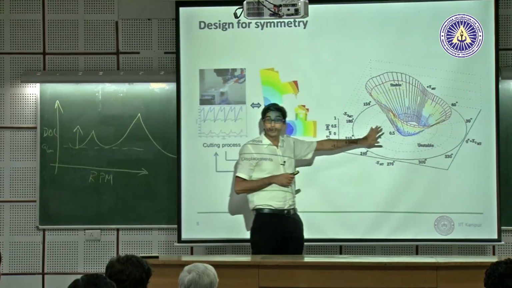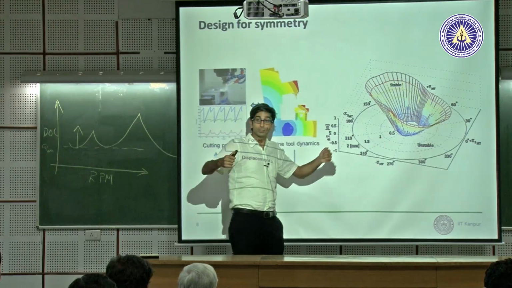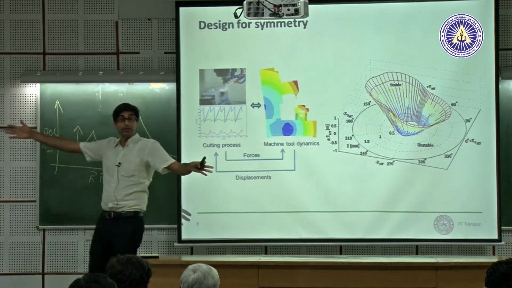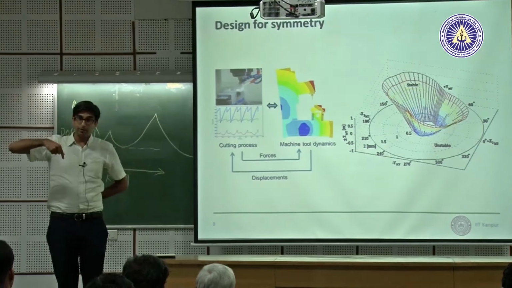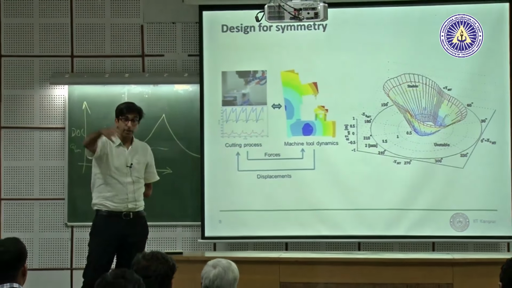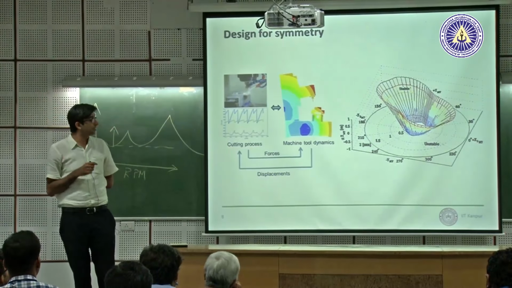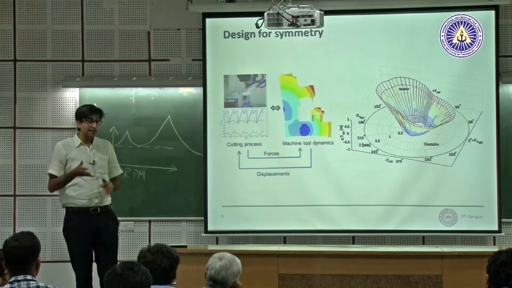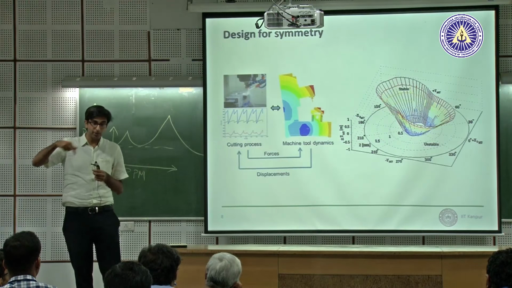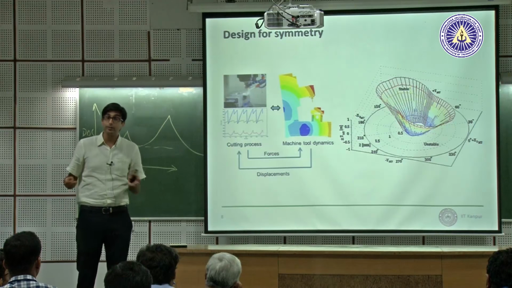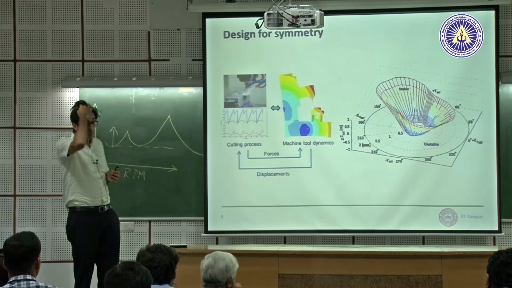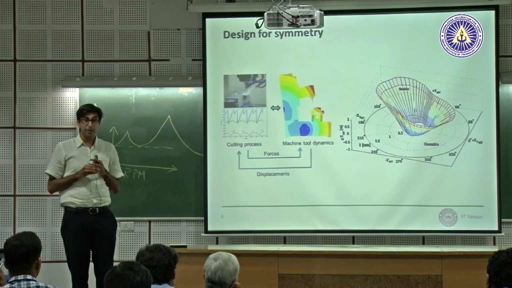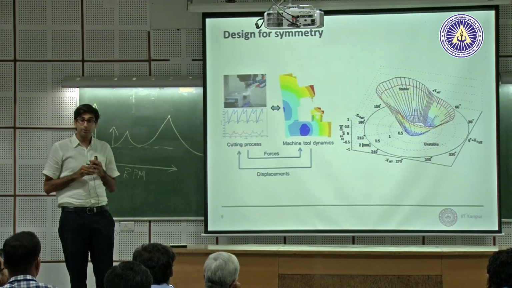What we would like as machine tool developers, or users, is, for example, if I'm cutting a very large workpiece, if I start cutting here, by the time I go somewhere else, with large work volumes and large workpieces, dynamics change, stability changes, and it changes dynamically. What is stable here will become unstable. You will start chattering when you were not chattering earlier. So you would like uniform cutting conditions everywhere in the workpiece if you can. Very difficult to do, but possible.